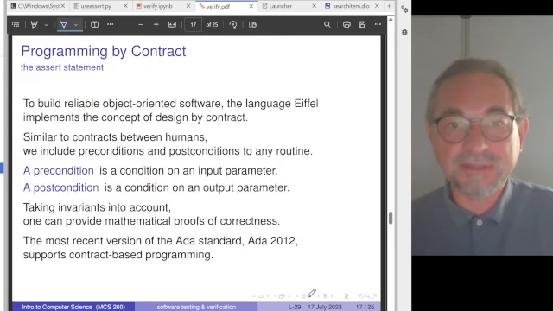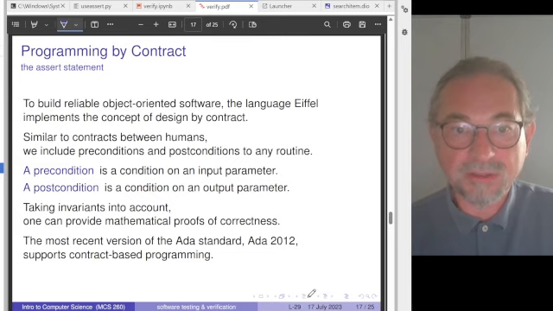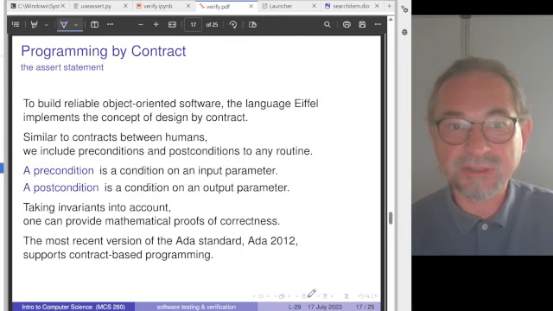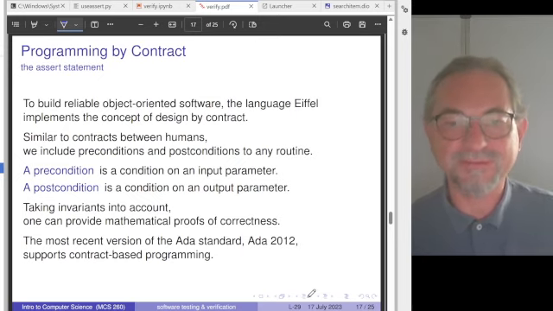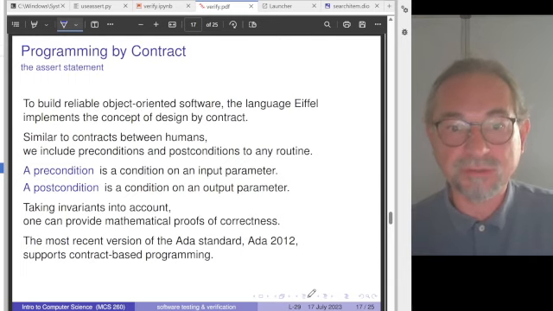All right, let's now talk more practical. So how can you build good software, software that actually satisfies, where you can prove it. So there are two other languages that are mentioned here. There is Eiffel, and then there is Ada, Ada 2012. It's not the most recent version of the Ada software, but it is a more recent version of Ada. It supports contract-based